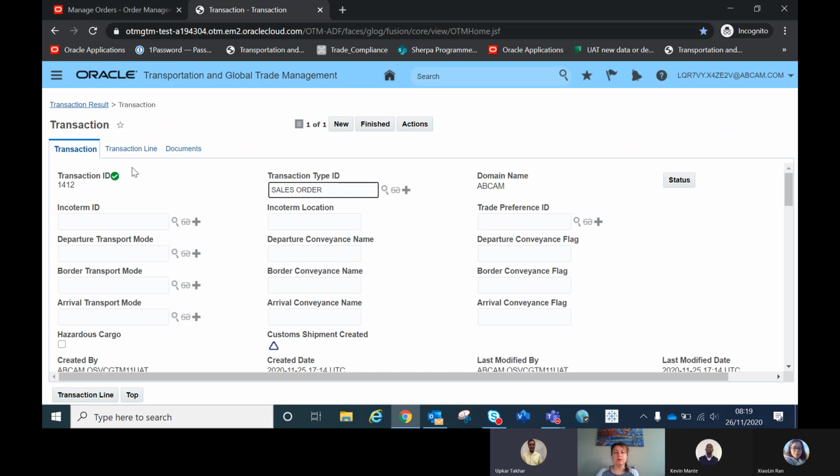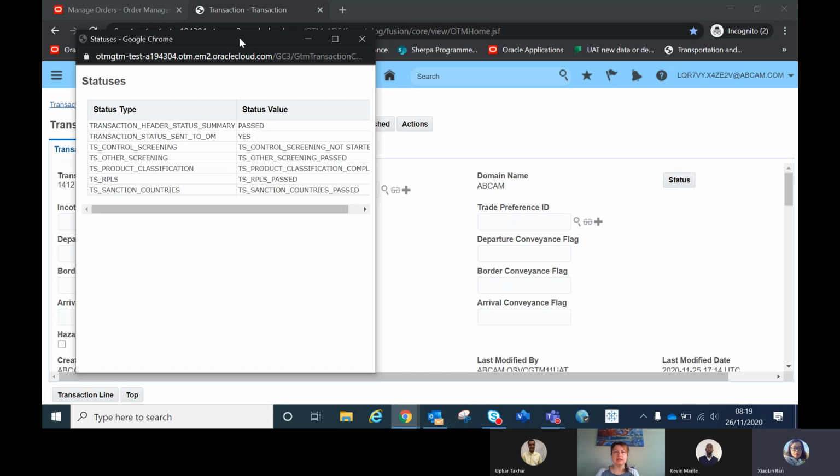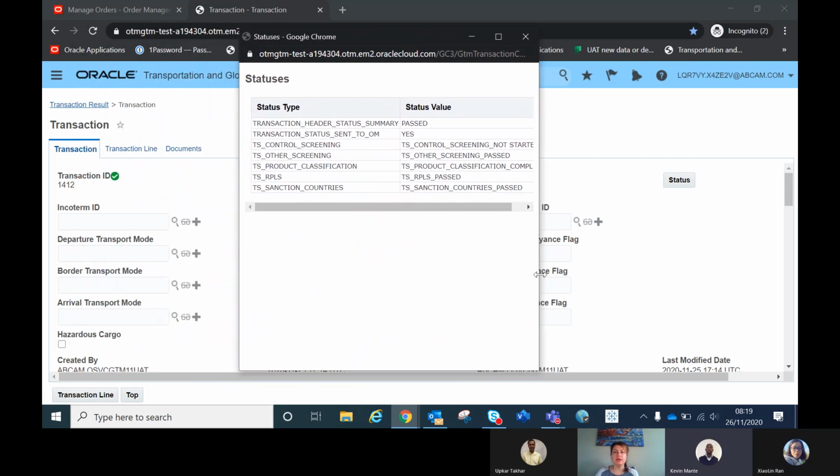For us, it has this set of indicators, so it's very visual. If it's set to green, that means that GTM doesn't find any issues with this order. And then if you go to check status, this button here, you click on status and it gives the summary of the checks. So you can see it says sanctioned countries passed,